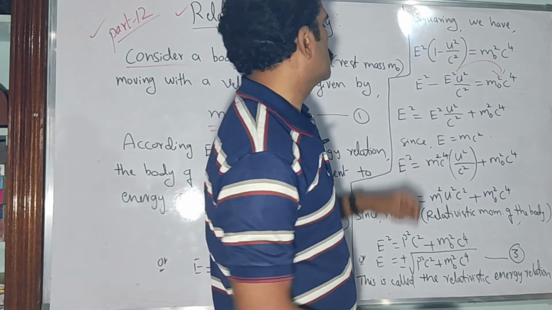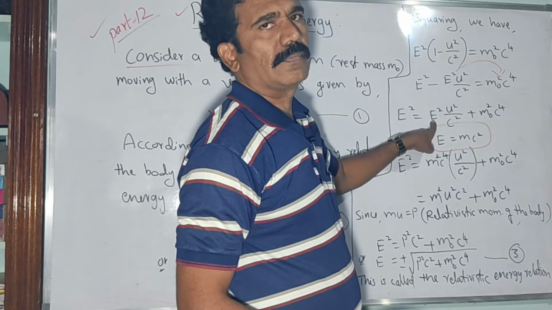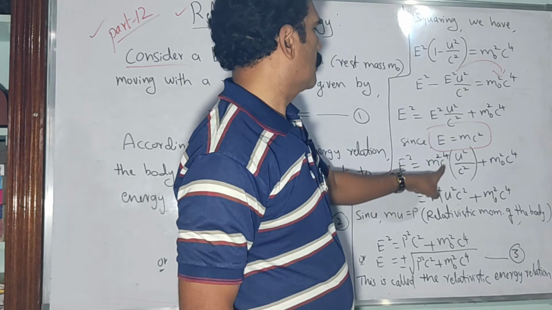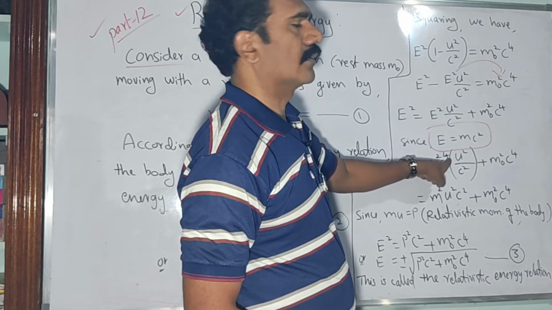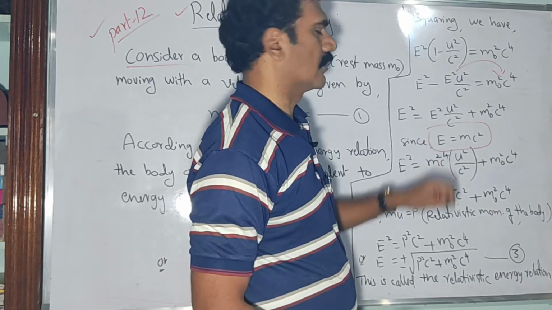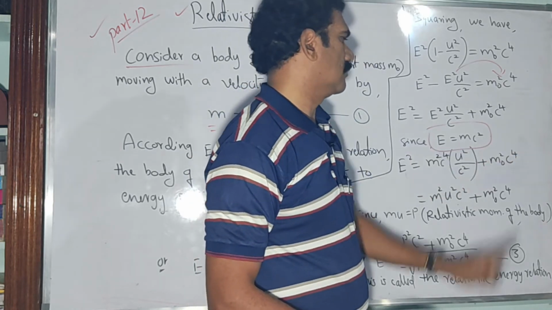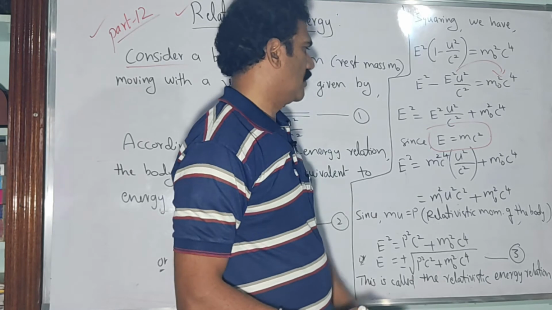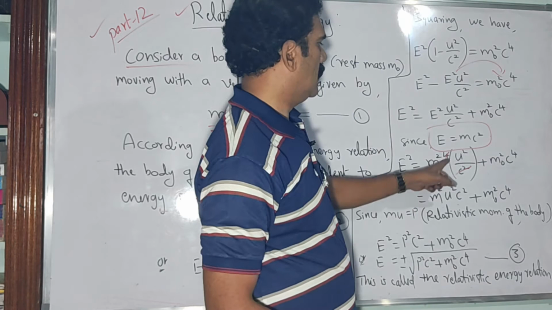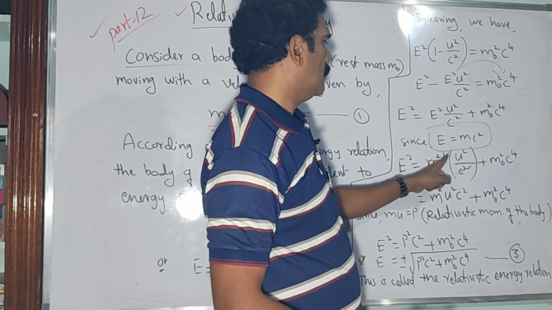Then what is the equation for energy again? We consider that E equal to mc square. I will substitute this E as mc square, so that E square will be m square into c to the power of 4. In the above equation E square is substituted as m square into c to the power of 4, into u square by c square plus m naught square c to the power of 4. Then go for one simplification here. What is that? c square can be cancelled with c to the power of 4, left with only c square again. So finally we have the equation m square u square into c square.